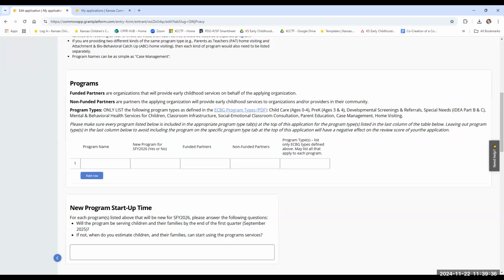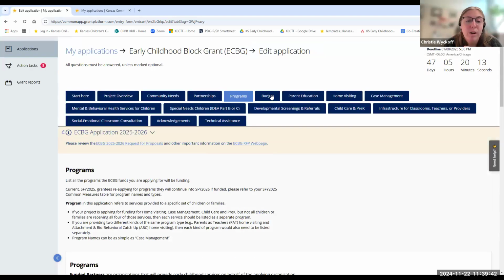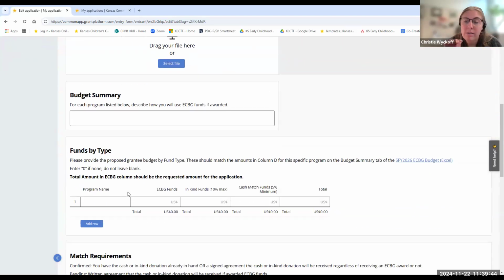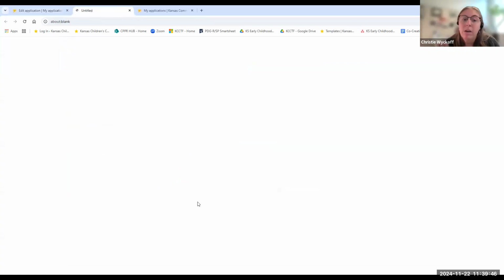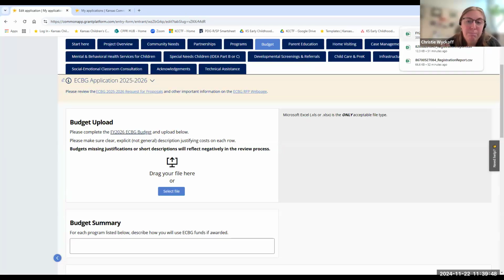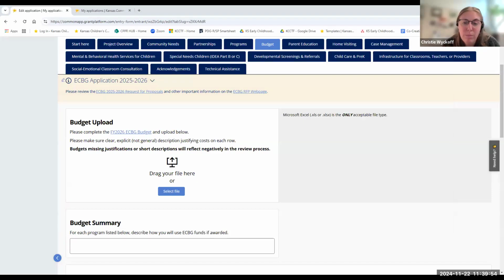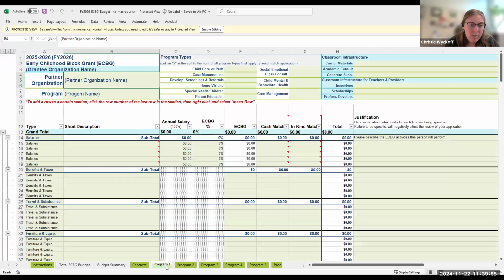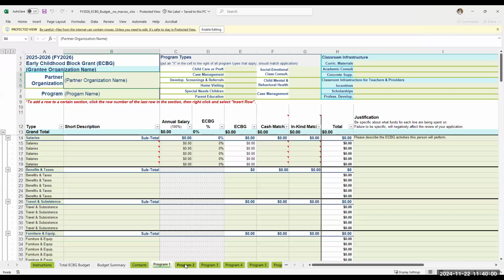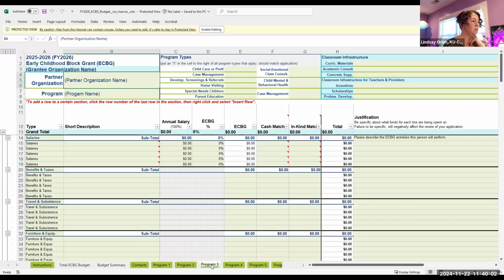Do you submit one single budget, or do you break it down per program? You'll break it down per program on the budget, which has several program tabs that you can use. Lindsay is going to pull that up now. You'll enter each program on its own separate tab at the bottom: program 1, program 2, program 3.